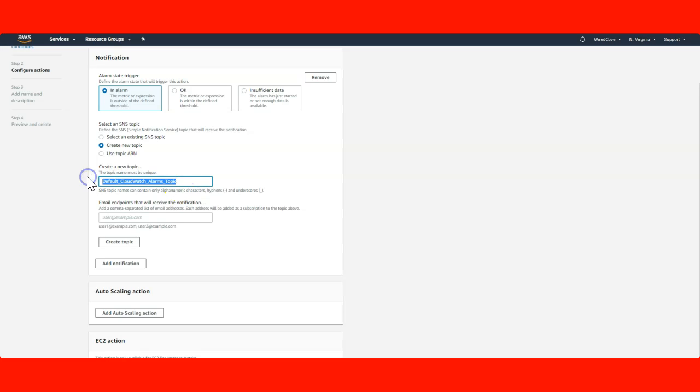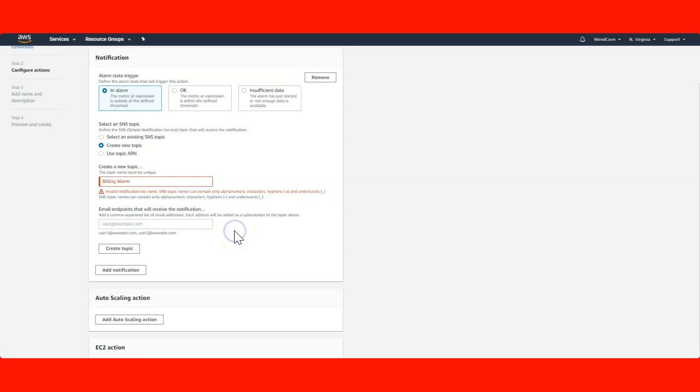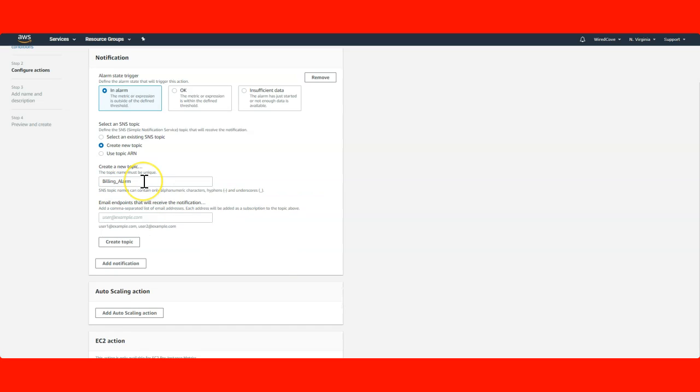Let's say I'm creating a new topic called billing alarm. The SNS topic name can contain only alphanumeric characters, hyphens, or underscores. There cannot be two words, and if I click somewhere else, it says that's an invalid character. It should be fine now, yeah, here you can see.